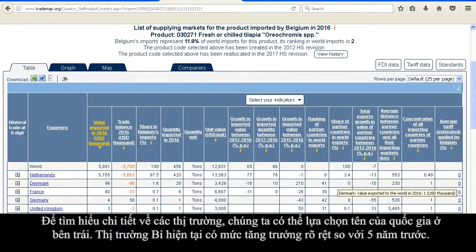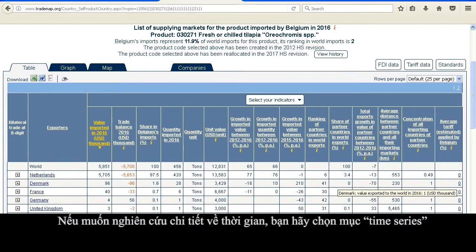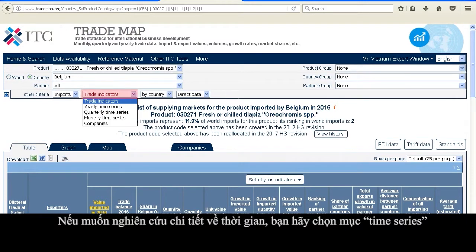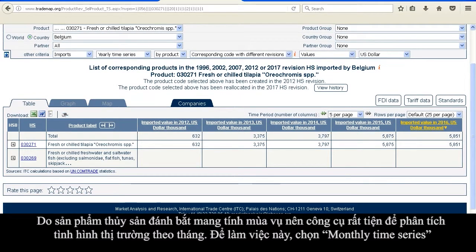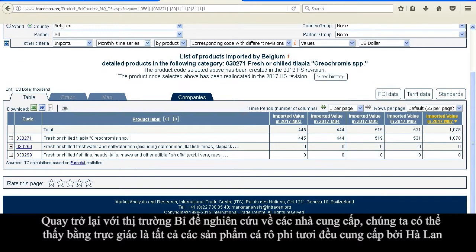The Belgian market shows significant growth over the last 5 years. If we wish to study the growth path in more detail, we can select Time Series. Since fishery products are often seasonal, it is also useful to analyze imports by month. Returning to Trade Indicators,